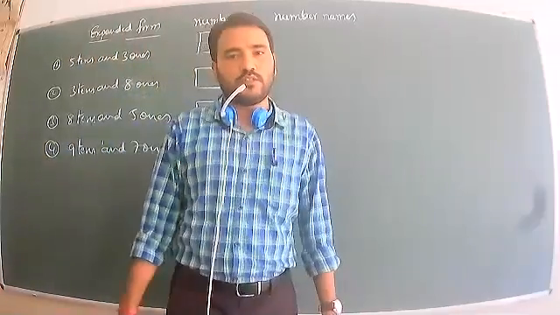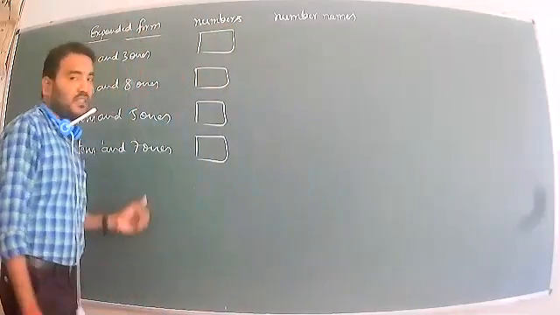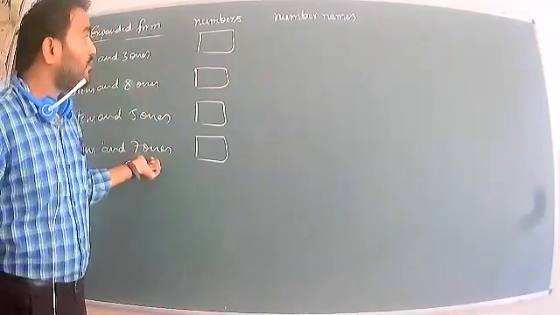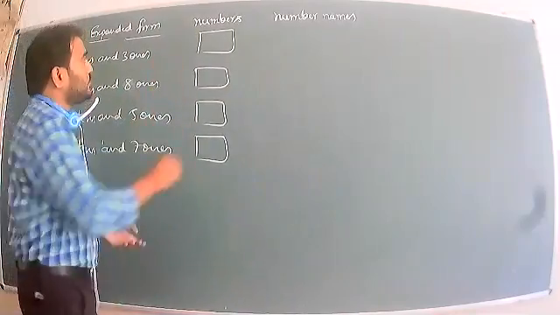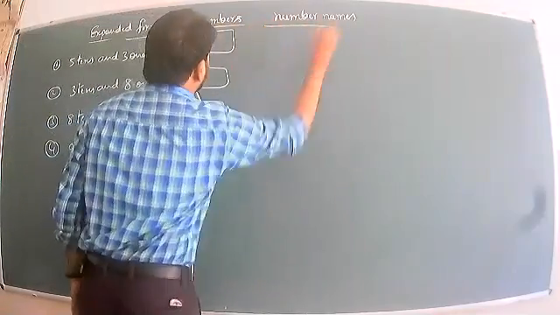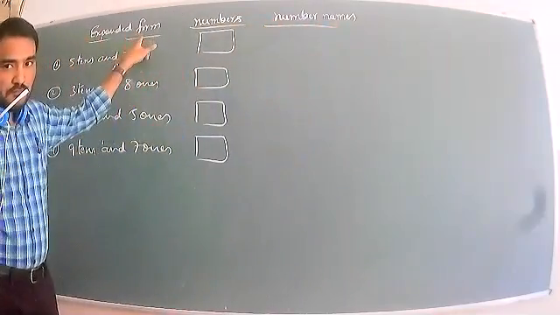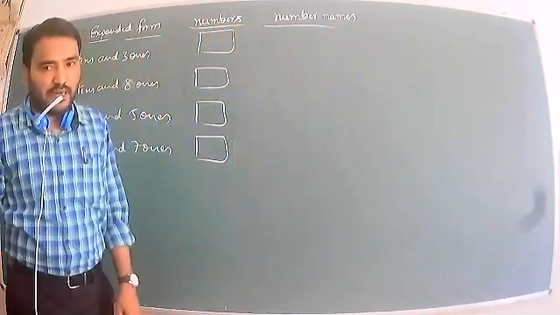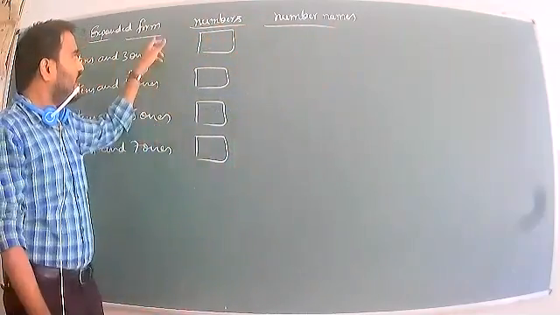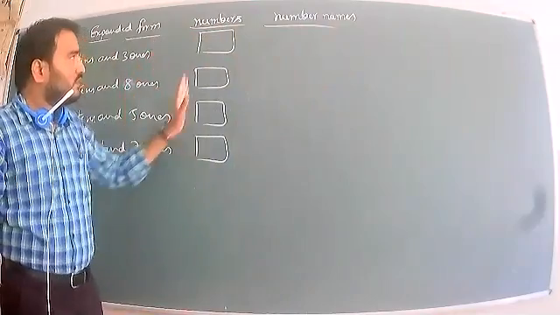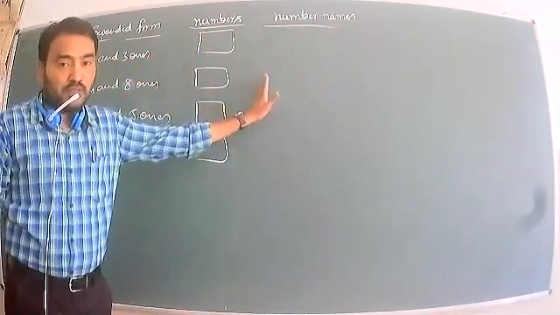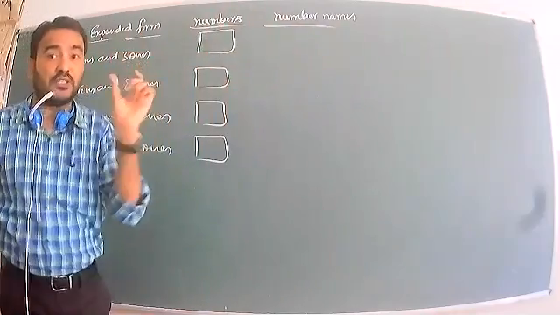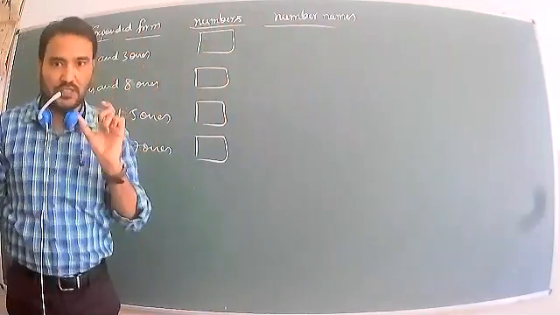Now students, look at the board. I have written expanded form. Some are given. On the upper side there are expanded form, numbers and number names. Number names means we should understand the expanded form, then write the number, and then write the number name, the spelling in words.